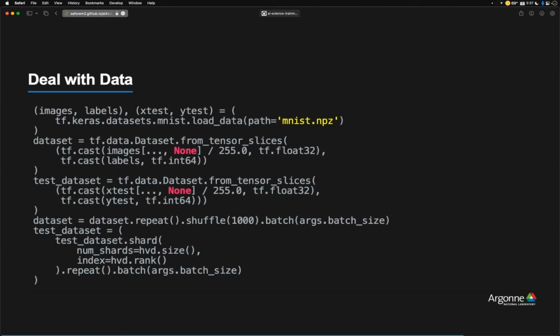So this can be done, for example, if we are just looking at a simple MNIST example, which is built into the TensorFlow Keras datasets. We can just load the data using this command here and break it up into training and test data sets. And so the point here being that